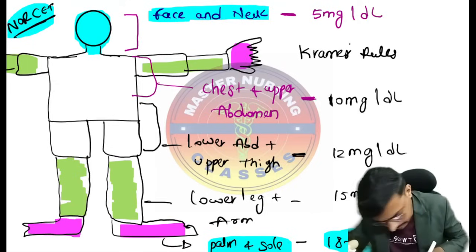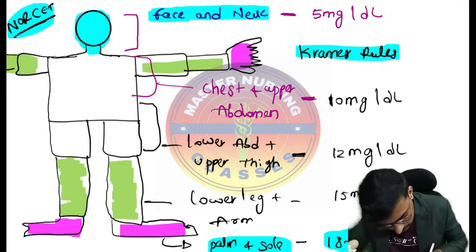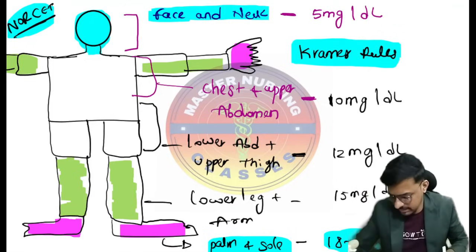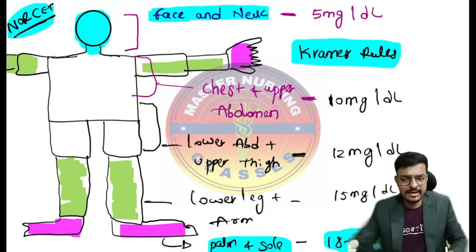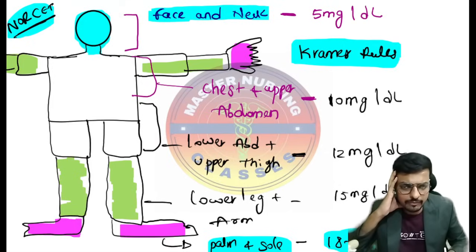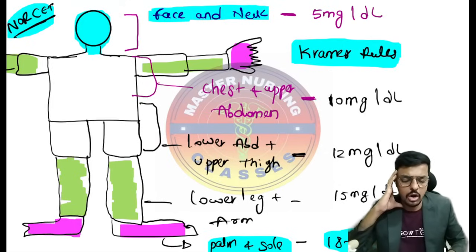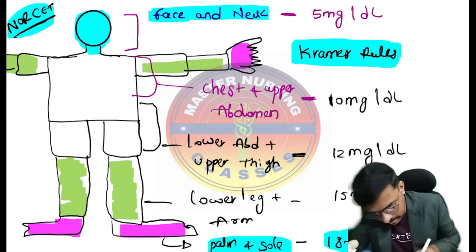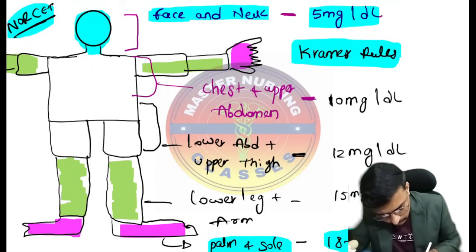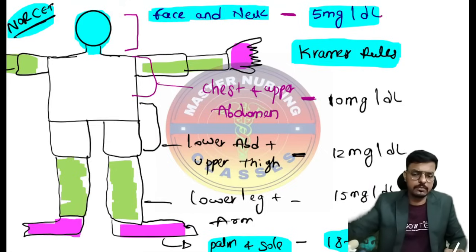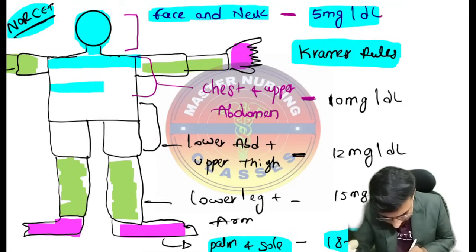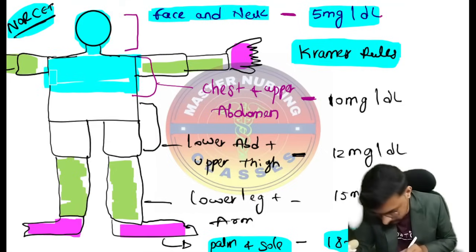For estimation of the bilirubin in the baby. Yes, this is the photo which came in your WhatsApp channel. If the face and neck is getting the yellow color, only face and neck is yellow, we will say the blood bilirubin level will be 4 mg per deciliter, right? If the upper chest and upper abdomen is getting yellow color,